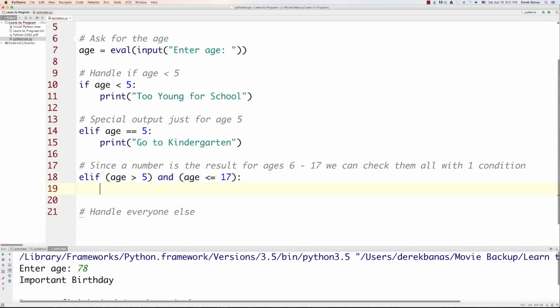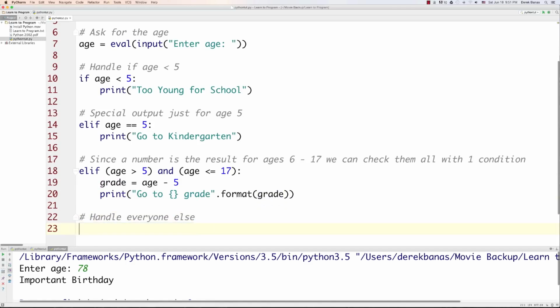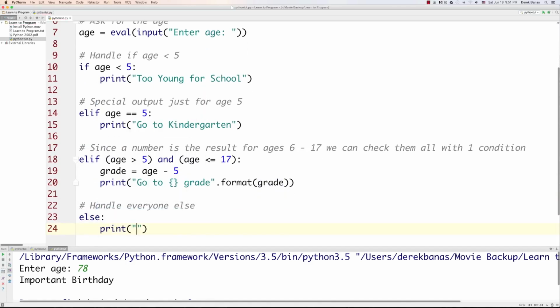In that situation, we're going to print out, well, what we're going to do first, do a calculation. We're going to say grade is equal to age minus 5. And if you didn't get this, don't worry about it. You're going to get better and better as you will see examples and how they work. So you're going to say go to, throw in a curly bracket, grade, and then after this we're going to call format, throw in the right information, and that's going to be grade like that. And then otherwise we're going to come down here and go else, and we're going to print go to college,